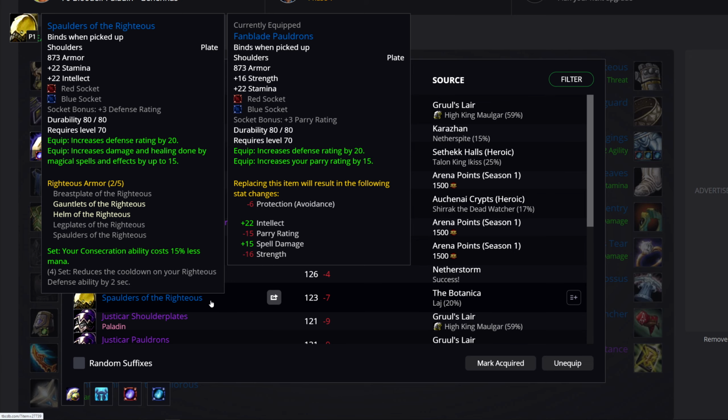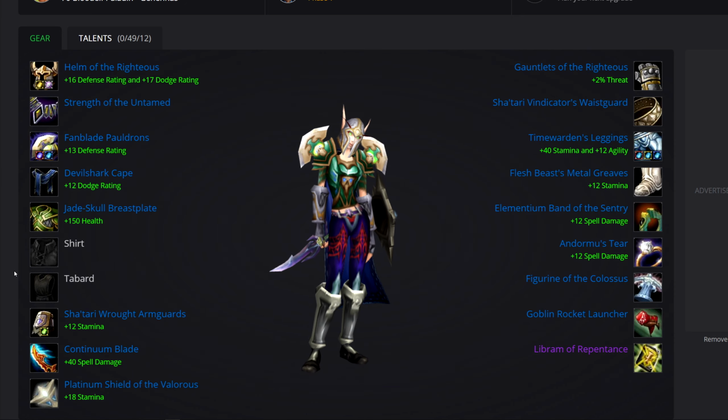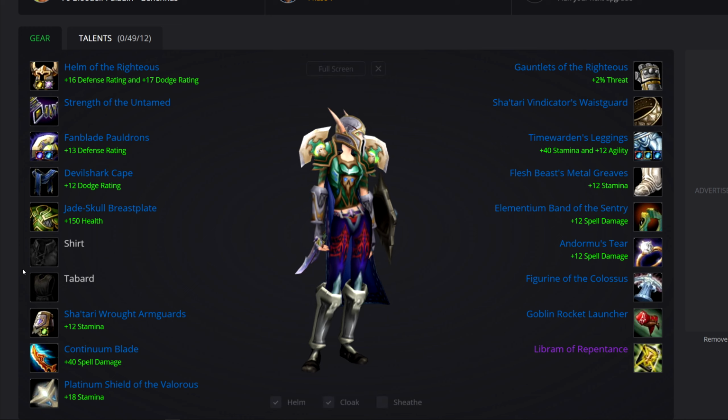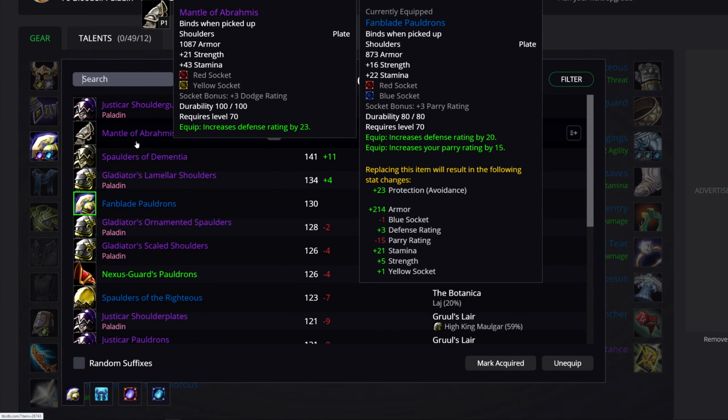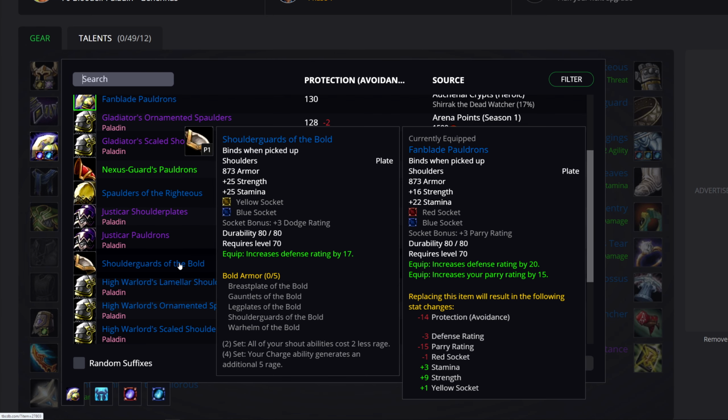The problem with Spaulders of the Righteous is you can do a lot of Botanica runs and never see them. At least that's been my situation. Maybe yours is better. Maybe you're the kind of guy who gets them on your first run. I've never been in that situation. To be fair, the shoulders that I've seen the most as a tank are Shoulder Guards of the Bold, and these might end up being the ones you actually use